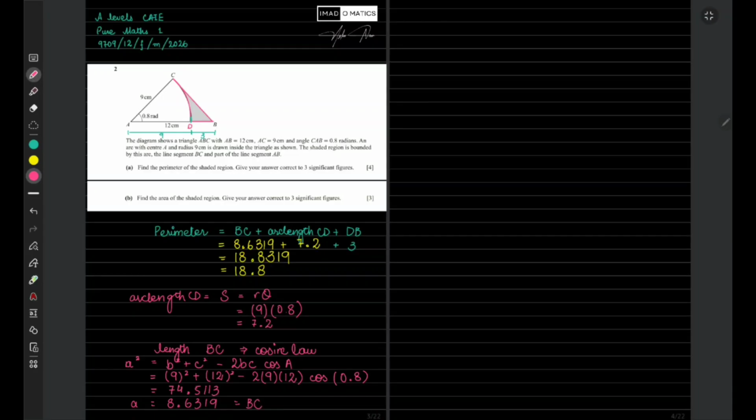Okay, now let's move on to part B. Part B says find the area of the shaded region, giving your answer to 3 significant figures. The area of the shaded region we can find by finding the area of the triangle and subtracting the area of the sector. So the area of the shaded region is